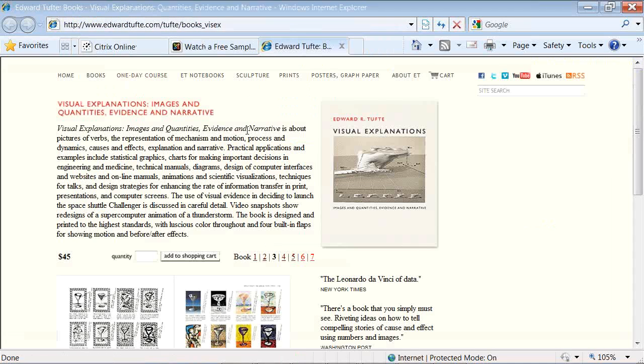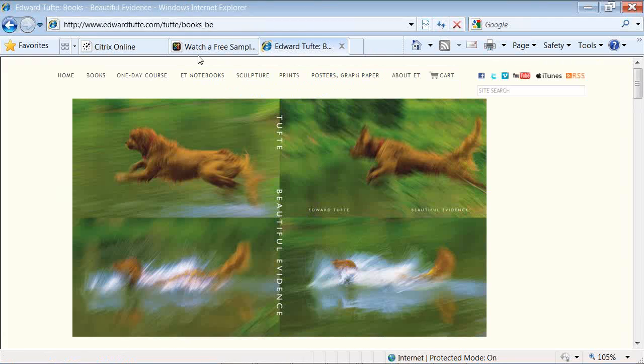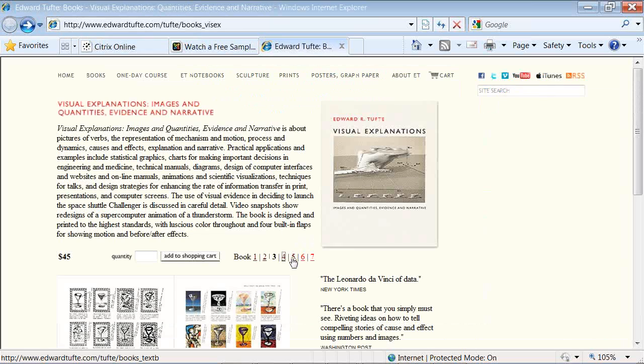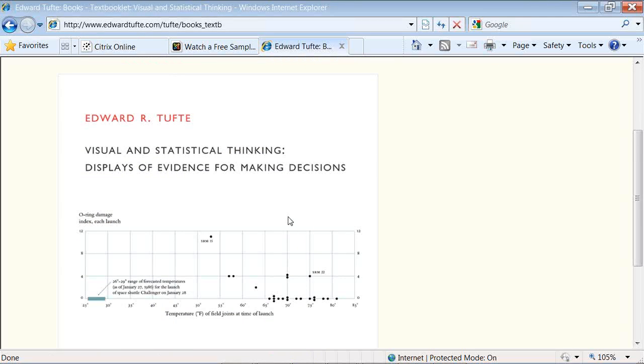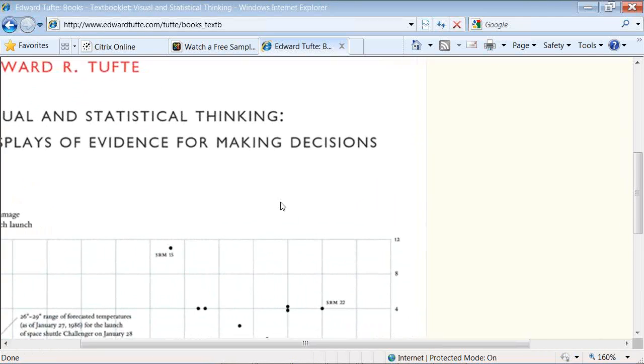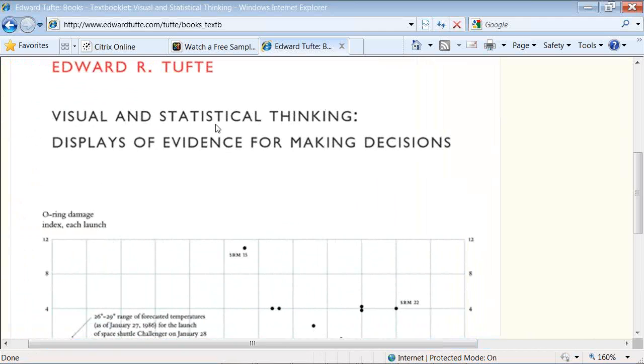I've bought a few books by Edward Tufte over the years. I think it was book number 5. This is one I thought was really interesting. I'm just going to scroll into this so you can see it. It is Visual and Statistical Thinking, Displays of Evidence for Making Decisions.